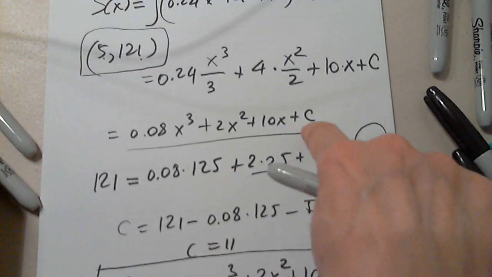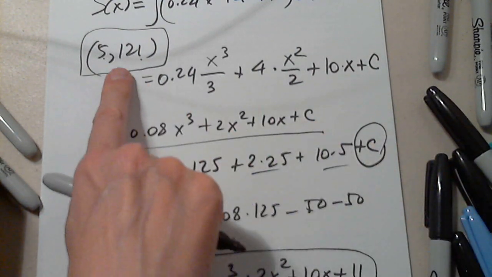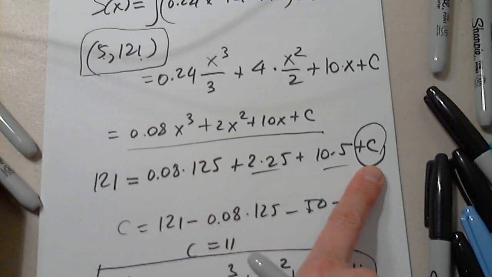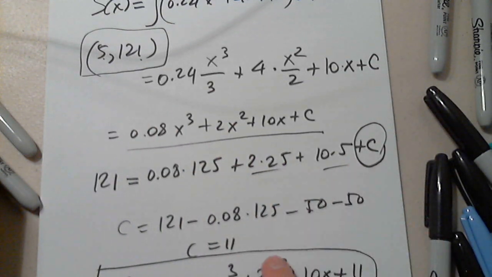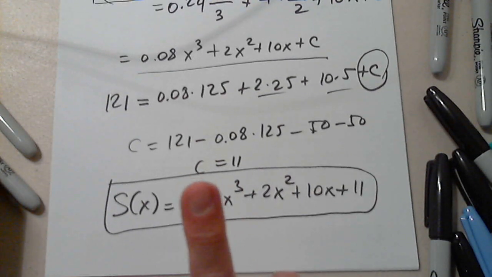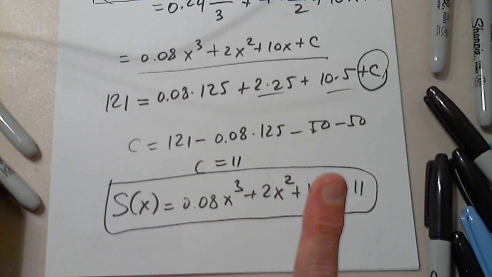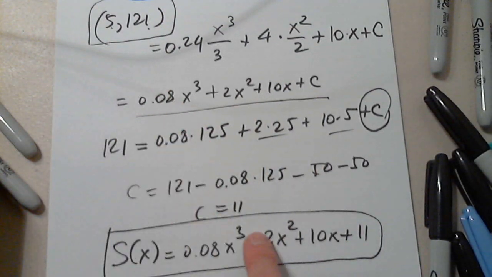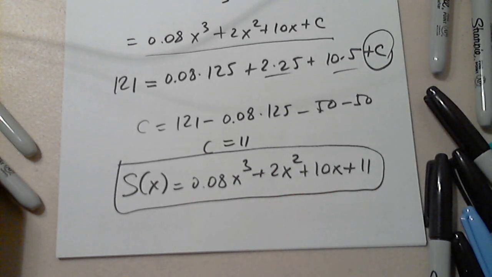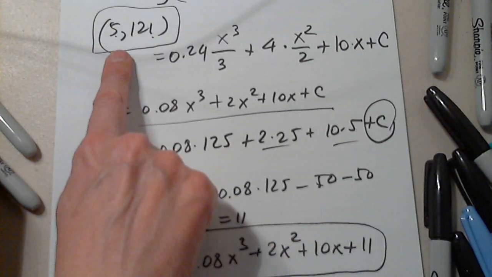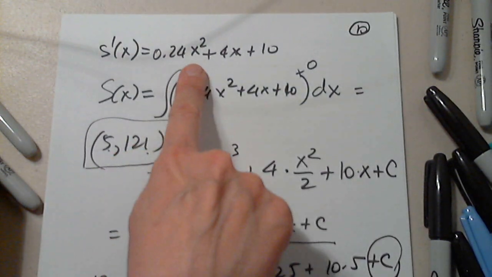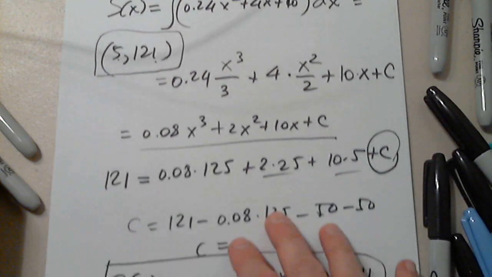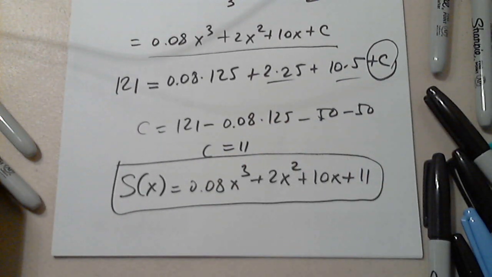I have to go back and plug it in. This point was given to us exactly for this, to find c. So this is the supply function, a unique supply function, not a family of functions with the same derivative. That was this one. But since I have the point, I will determine only one function. And this is the supply function, guaranteed to pass through this point and guaranteed to have this derivative. And there is no other. So we were given the derivative and we were able to determine